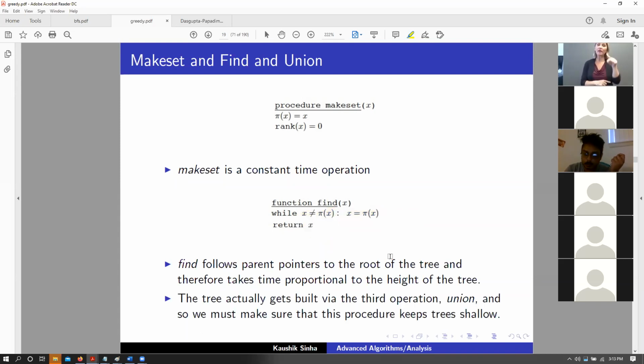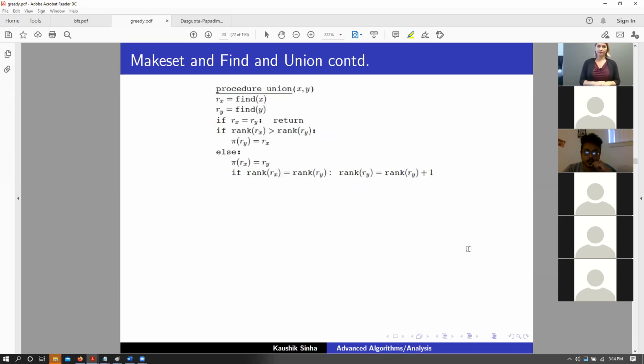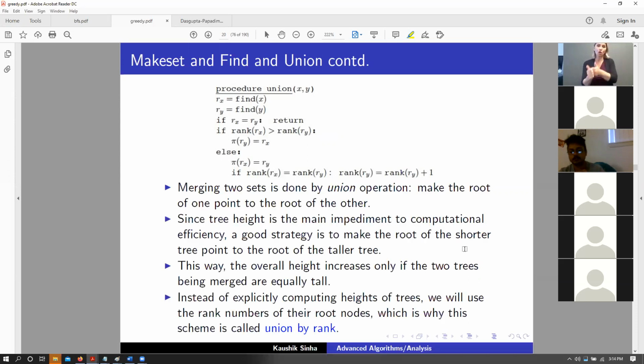So this particular operation that creates these new trees, remember that all vertices, because of this make set procedure, all vertices are disjoint initially, and we are going to create trees as we add more edges. So adding two vertices together is done using this union function. And now it is the job of the union function to create these trees and also make sure that these trees are as shallow as possible while taking up as less a time complexity as possible, right?